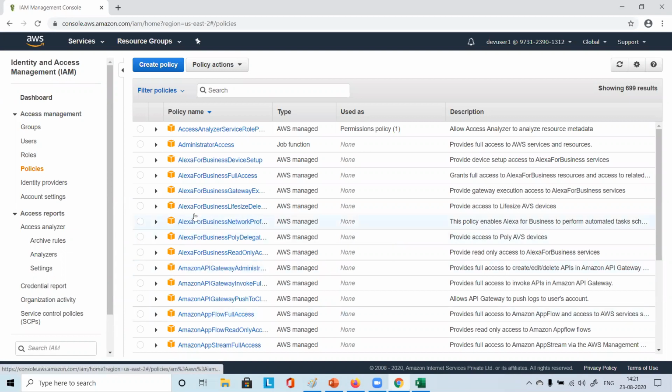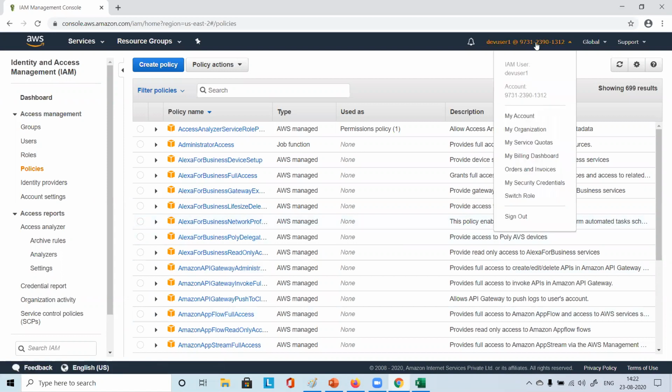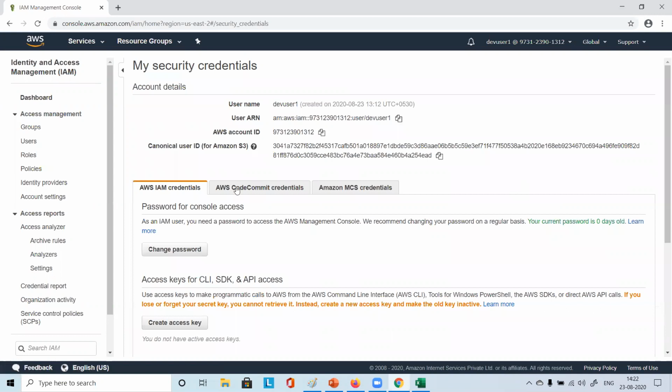The user will have their own key. You try to relate. You go to that security credentials section and then you see the keys. We created a key and secret key, and then we used that to log into the CLI. We did configure that key pair. So that is the key actually, right?